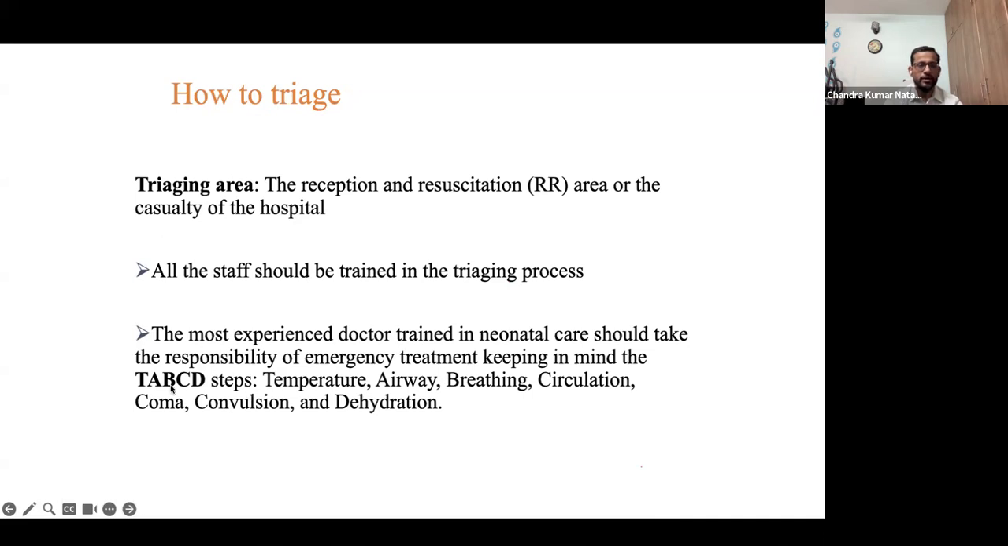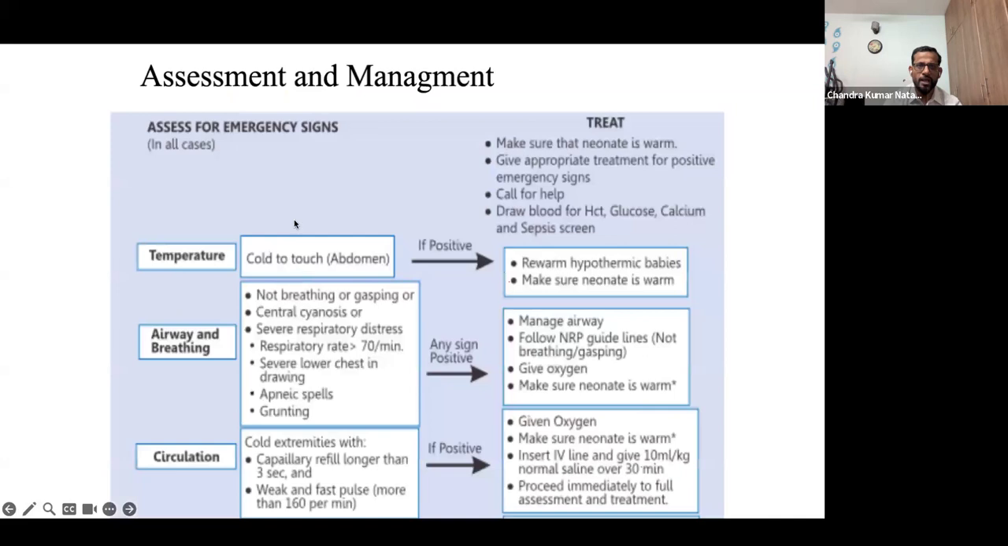So in older children, you would have thought of ABC or ABCD, but in newborns, temperature always comes first. Maintaining normal temperature can save babies. So temperature maintenance is very important. And then airway, breathing, circulation, coma, convulsion, and dehydration. Okay, in that order, we need to think. So this figure